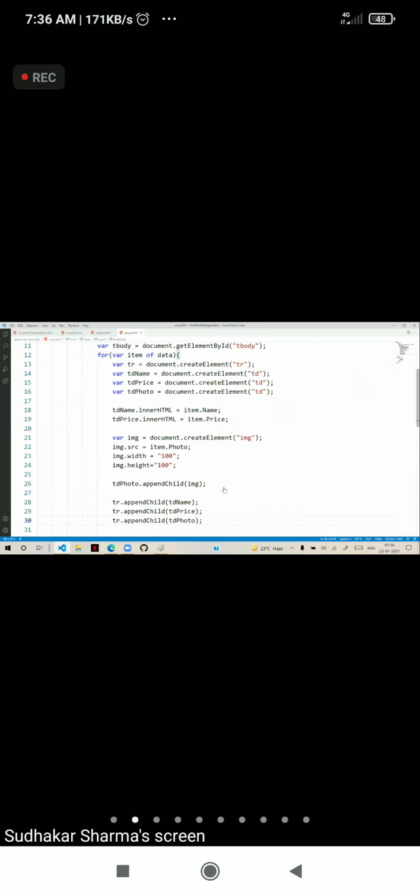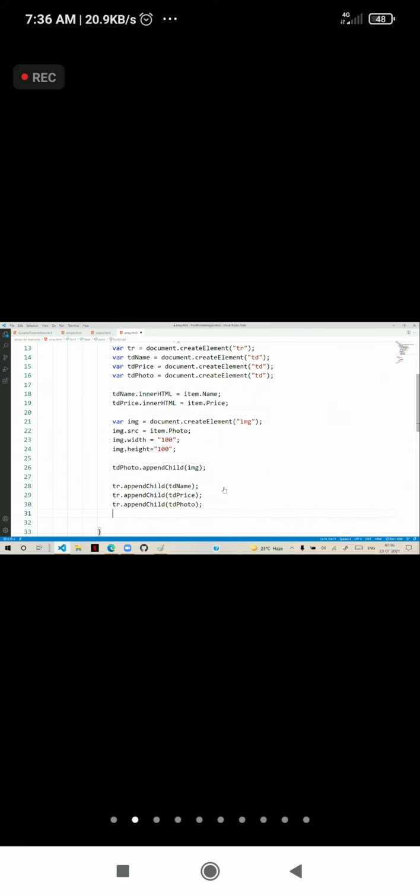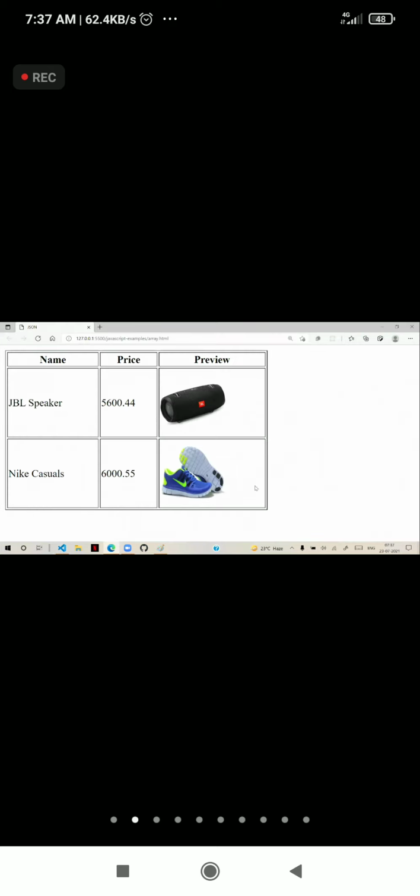Now the row is ready. This row must be added into the table body. Then finally we write tbody.appendChild(tr). Into the table body we need to add the row. That's how we need to configure. Now I will save this, and the row is added into the table body, and you can see the data is generated here.